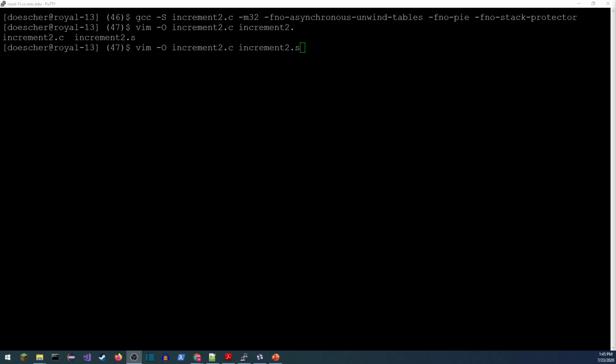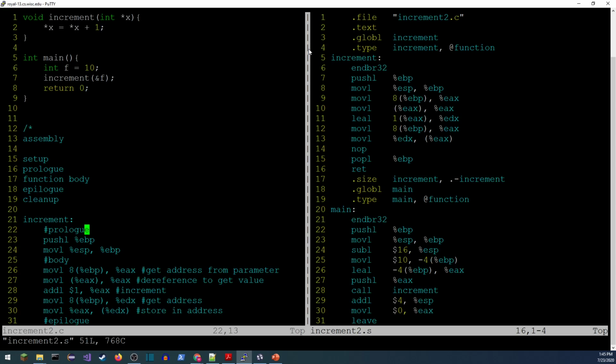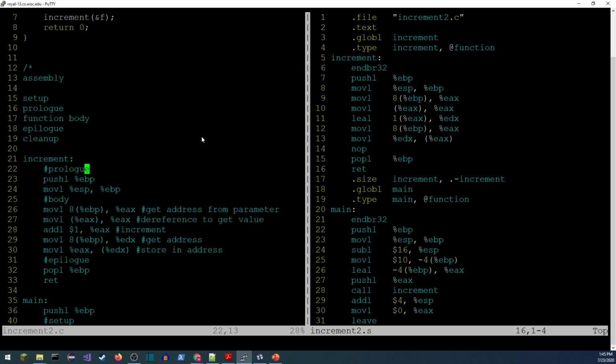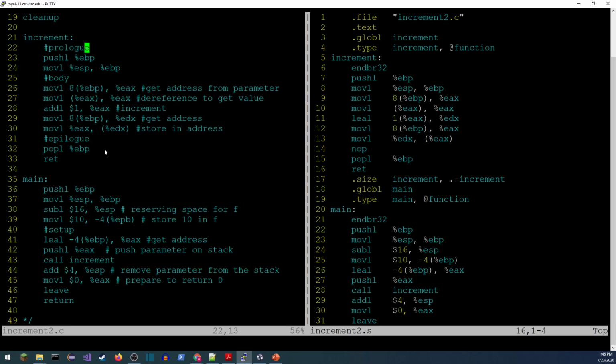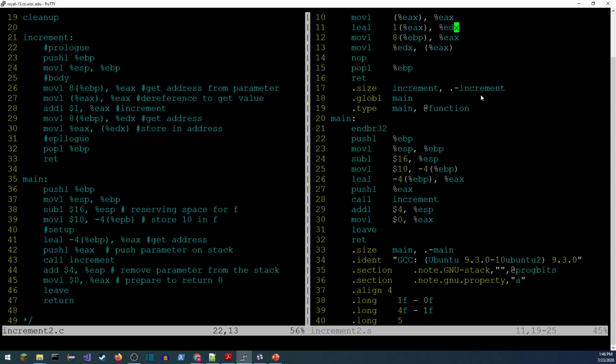All right, and then I'm just going to open up both of these files in Vim, and we'll take a look at them side by side. So I copied and pasted my best guess as to what the compiler is going to do when it produces the assembly code. I've got that right here. And then over here on the right side, this is the actual product of the compiler proper. So if we compare, let's see, we've got main.